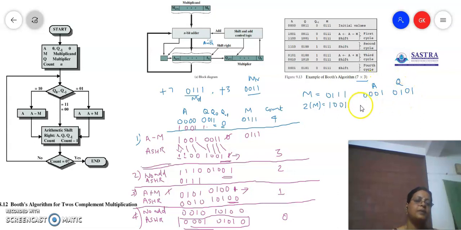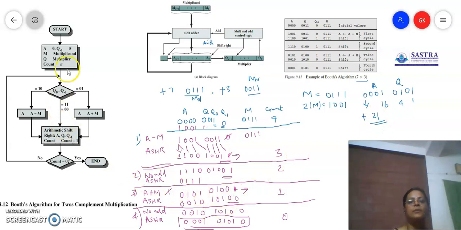Now how will you interpret the result? If it is a 0, then it is a positive number. Plus, you will be writing the plus. Then you have to find the magnitude. So this is 2 power 0, which is 1, 2 power 1, 2 power 2 is 4, 2 power 3, 2 power 4 is 16. So 16 plus 4, 20, 20 plus 1, 21. So we started multiplying plus 7 with plus 3. So we have got 21. 7 into 3, 21. Whatever the number you have got.